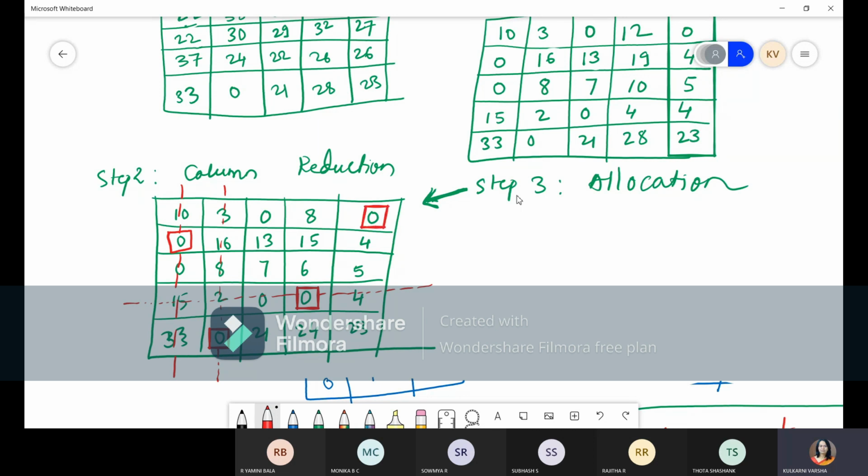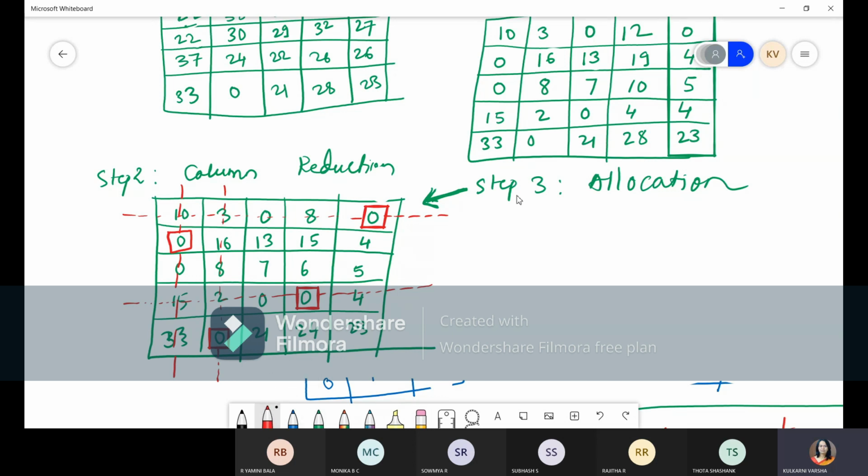Right? And when you are allocating, cancel that row. So we are cancelling the row. Now check once again. Now all the columns are over. Right? All rows and all columns are over. But what you can do, once again you can check row wise and column wise.